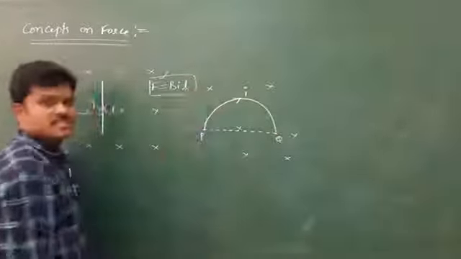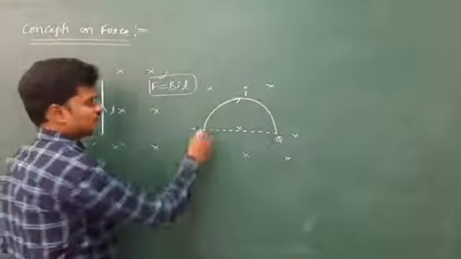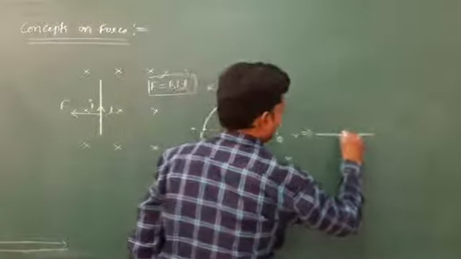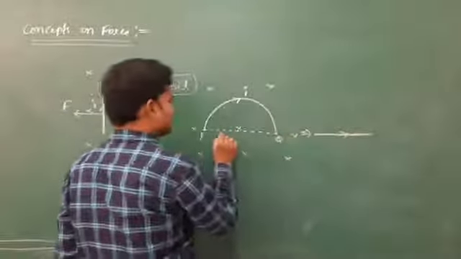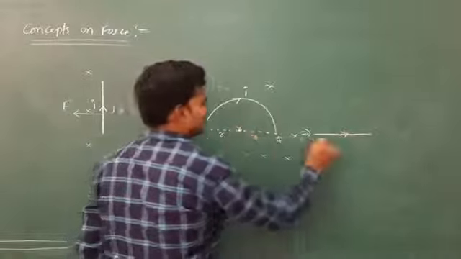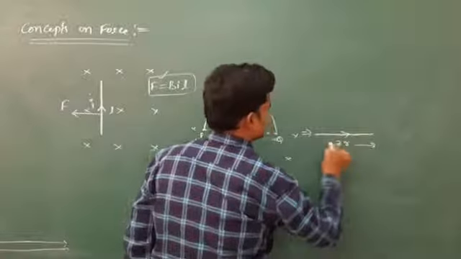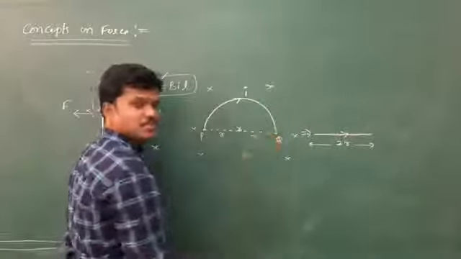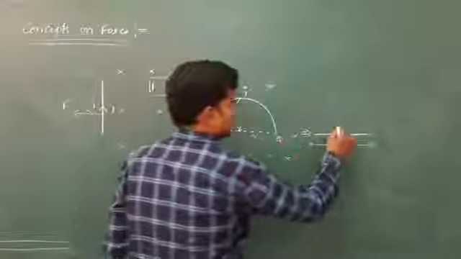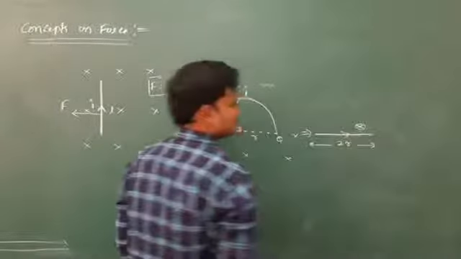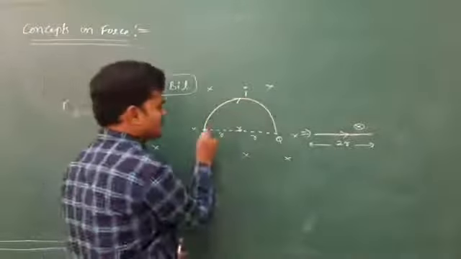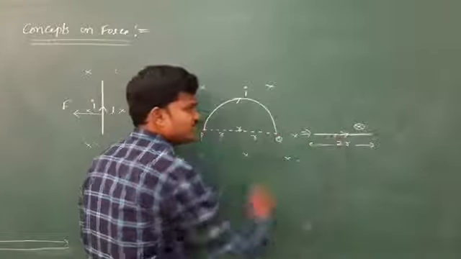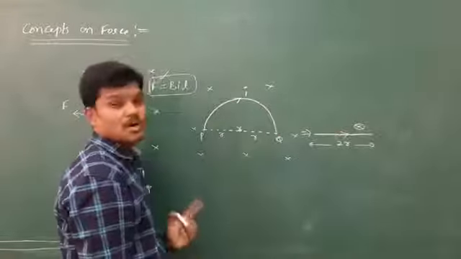Here this L, you know that it is the shortest distance. So this wire can be replaced by a current wire whose length, if the radius is R, is 2R, for the semicircle. So the shortest distance from P to Q is 2R. And see, this is in an inward magnetic field. So whatever the current path is, this semicircular wire is replaced by a straight wire whose length is 2R.